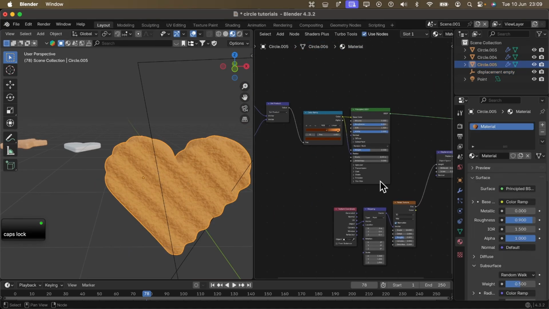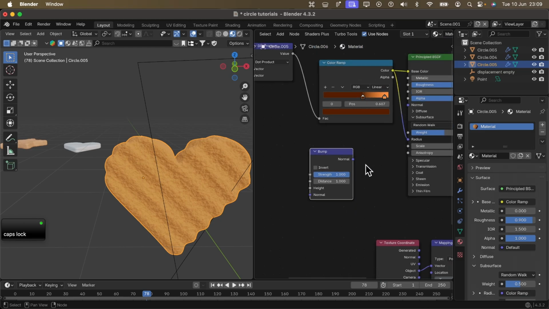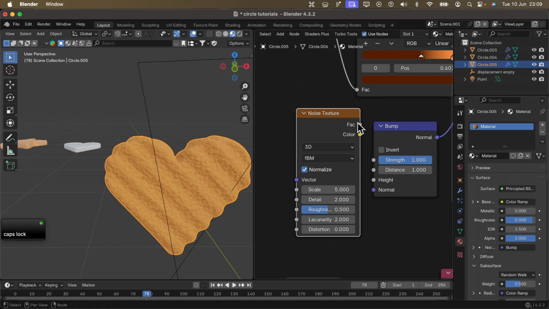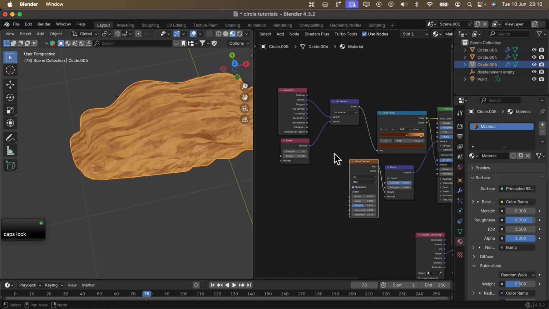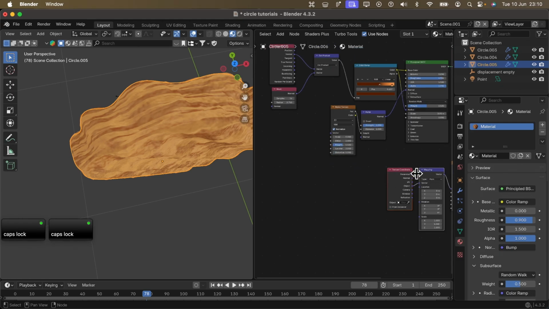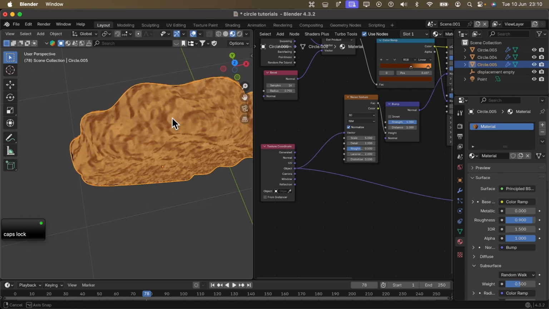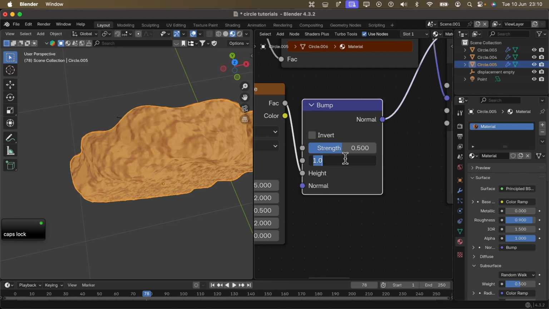You can even go further by adding a bump node here. So you connect the normal to the normal here, and then you add a noise texture. You connect the FAC to the height. Like I mentioned, with this present, all you may need to do is just make use of a texture coordinate node to fix that. Object comes in handy and easy to use. So connect that to the object, and also we can reduce the strength to about 0.5, and then the distance to about